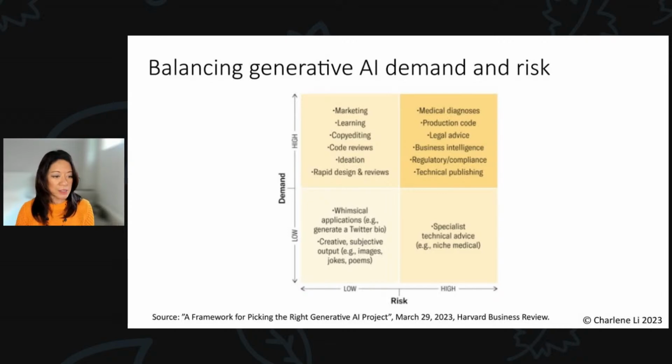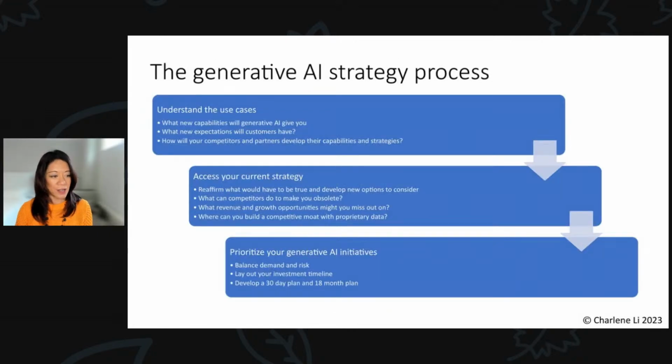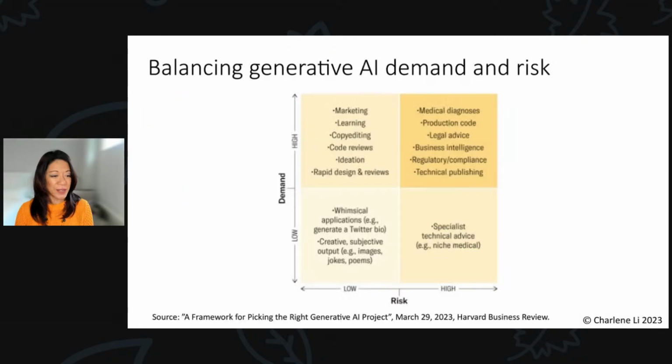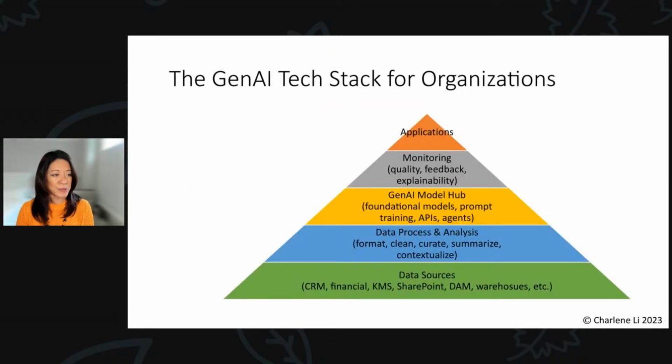I also want to just talk a little bit about timing, because one of the things that I talk about here is laying out your investment timeline. Because some things are worth doing right now, other things are worth doing later. And a great example of this is being able to look at your technology. Two weeks ago, I did something on the generative AI tech stack. And you can go see the live stream. I also wrote it up in my LinkedIn newsletter.